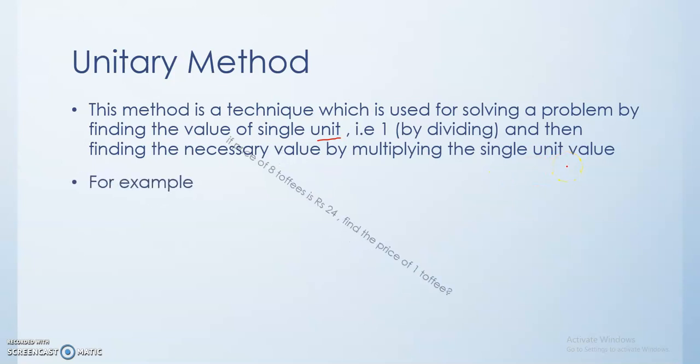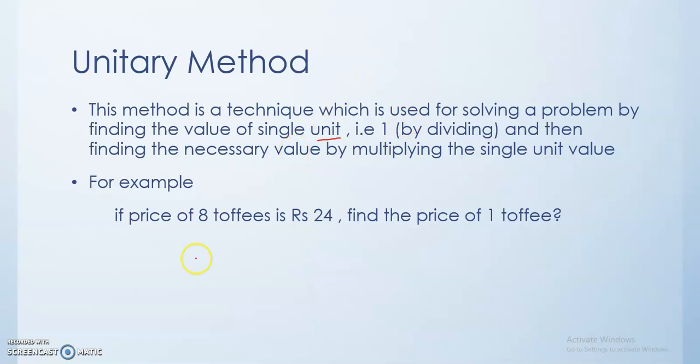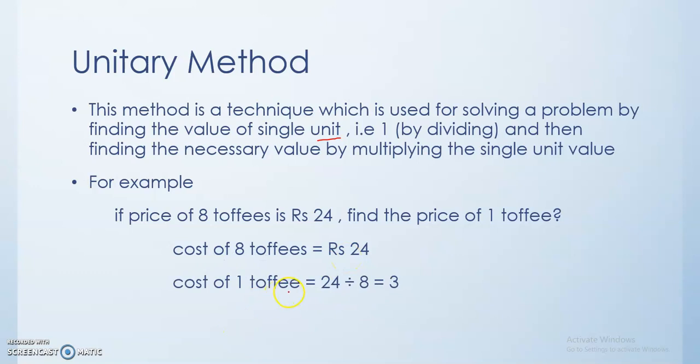For example, if the price of 8 toffees is rupees 24, find the price of 1 toffee. The price of 8 toffees is given and you have to find one toffee's price. So when you have to find the single unit price or single unit value, you have to divide the information. So the cost of 8 toffees is equal to rupees 24. So the cost of 1 toffee is equal to 24 divided by 8. And when we divide 24 by 8,